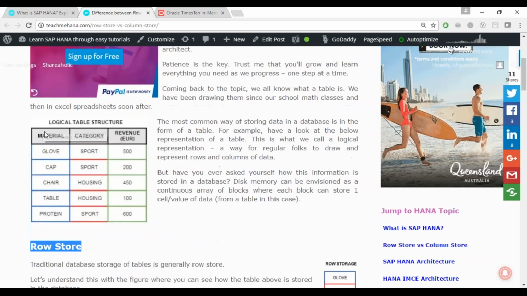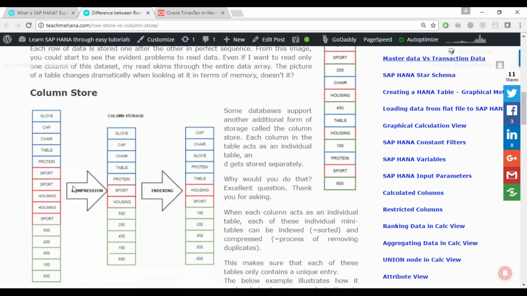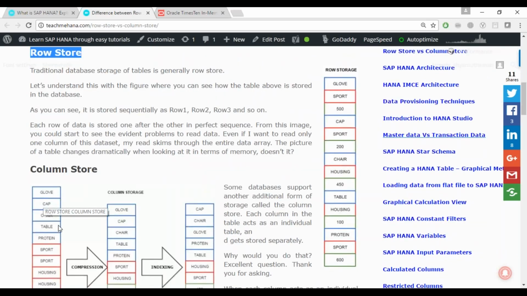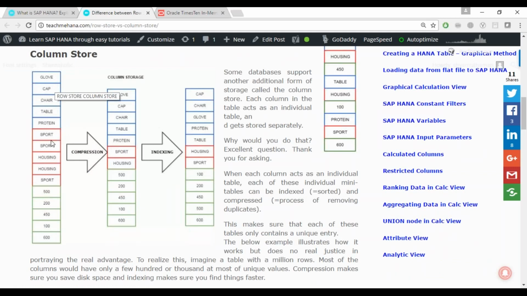Imagine you break this into 3 different tables like this, and column store stores each table continuously, as it was there: glove, cap, chair, table, protein. So this is stored continuously. The second table that was broken apart is stored continuously, and the third table is also stored continuously.